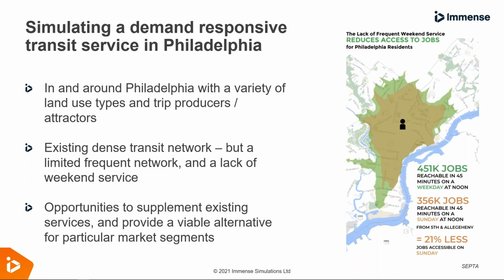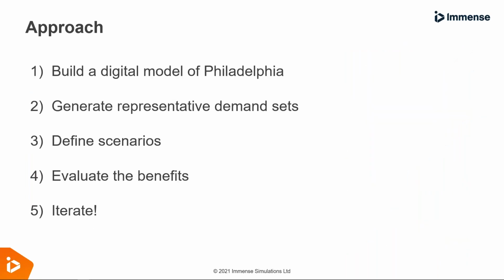And there are lots of opportunities to do this, where we have poorly served areas, where we have the shoulders of peak demand, where maintaining frequent services means poor occupancy and badly utilized assets. And that's why we've been trying out our simulation platform and Streetlight's data to look at how we could deploy on-demand services in Philadelphia. I'm going to give you a brief flavor of how we approach an analysis like this and some of the insight it provides.